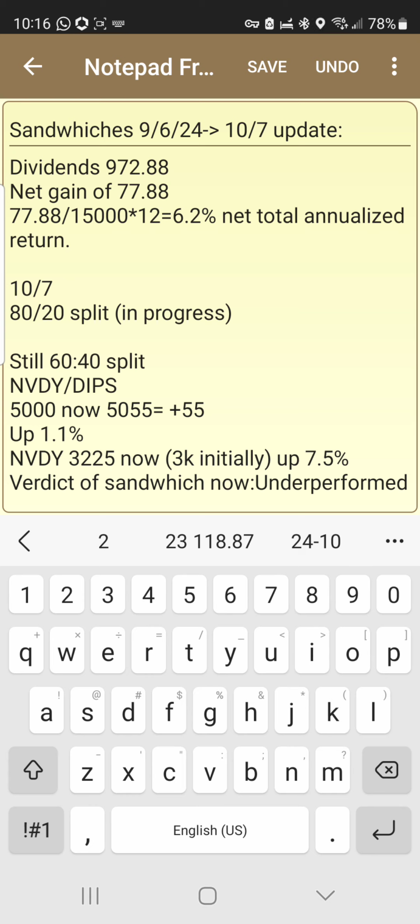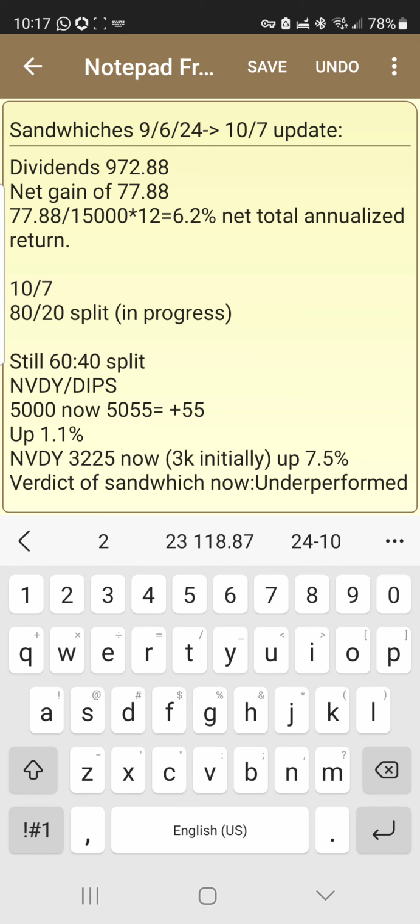The only caveat is, in my sandwiches, I do not want to pick up more Coney for now, and I would rather have Misty. It's more of a true Bitcoin play. So the $5,000 I'm going to put into the Coney Fiat sandwich, it's basically a triple layered sandwich. You have Fiat, which is the inverse side, and then I have Coney kind of in the middle, which is $3,000. And eventually I'm trying to open up a position in Misty for $5,000. Together you have $8,000 on the bullish side and $2,000 on the inverse side. That's how I'm making the structure.